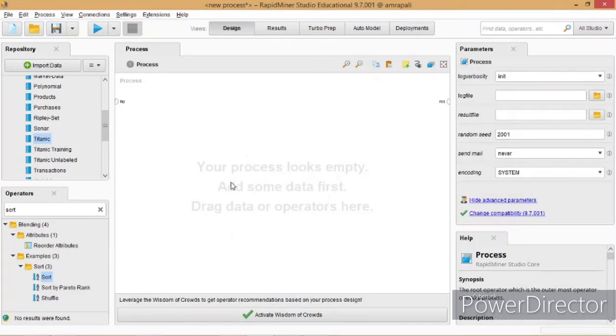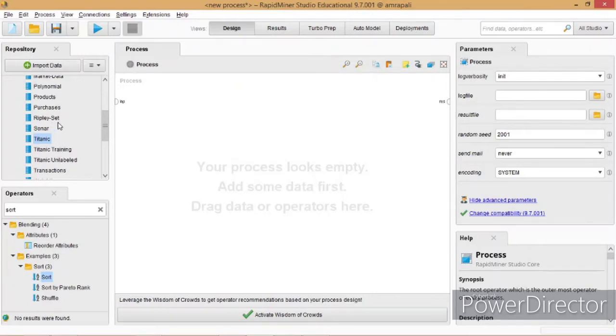As you can see, the blank space in the middle of the screen is the process panel. This shows the process that we are going to build in this experiment. At the left hand side, you can see the repository of the RapidMiner tool. Here you can save different types of datasets.